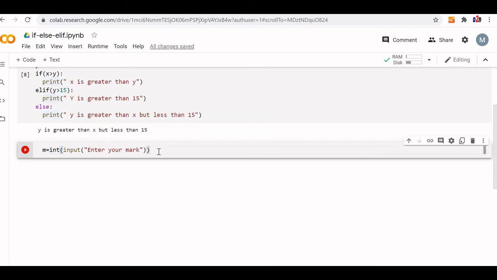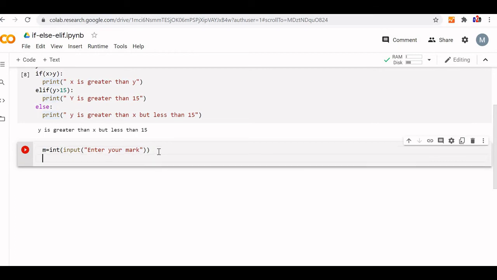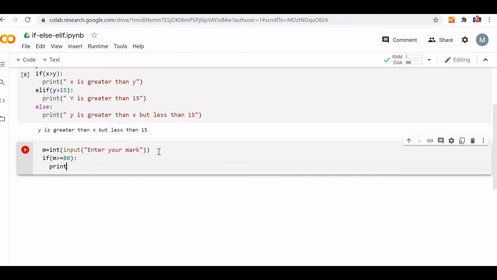Even if you enter 80, it will be a string. So, we convert it by using the int function. So, int converts our string to an integer.